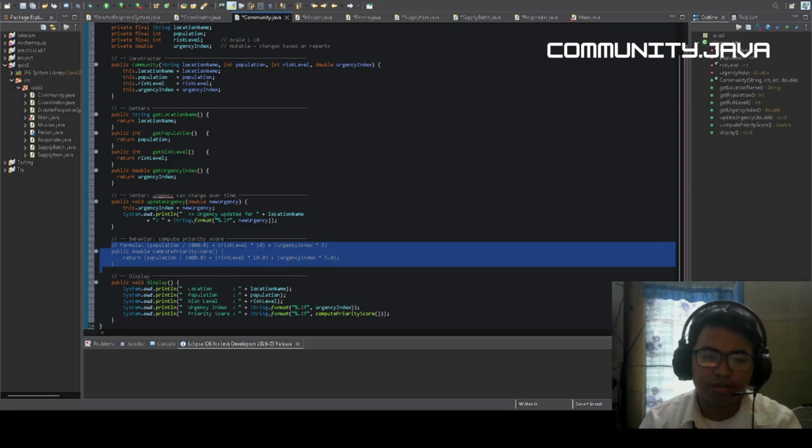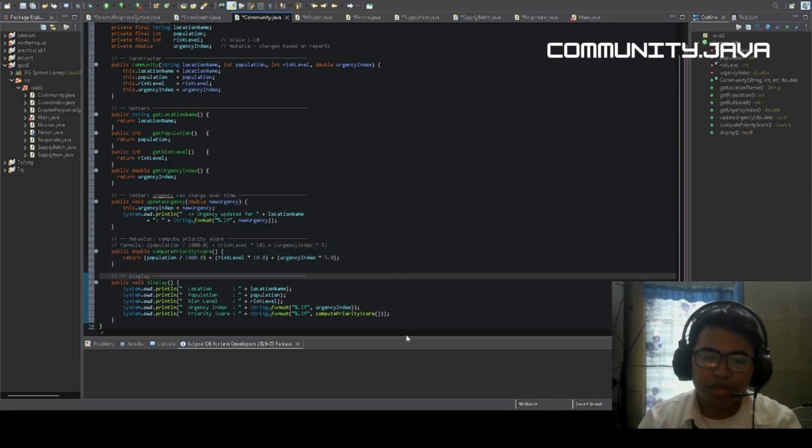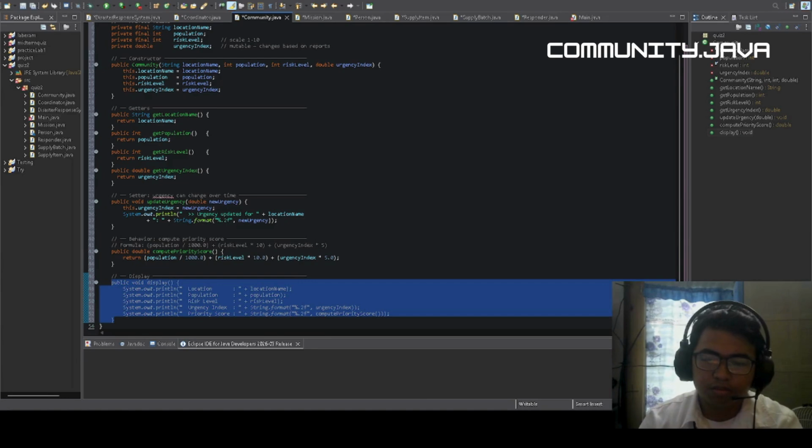And then the display method. The purpose is to output all the relevant information in human readable format, including the location, population, risk level, urgency index, and the calculated priority score.